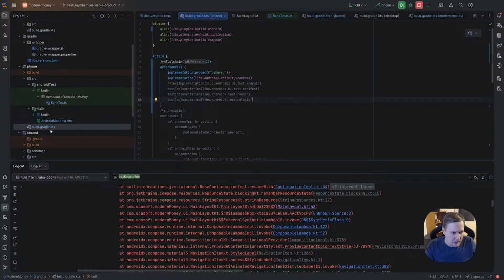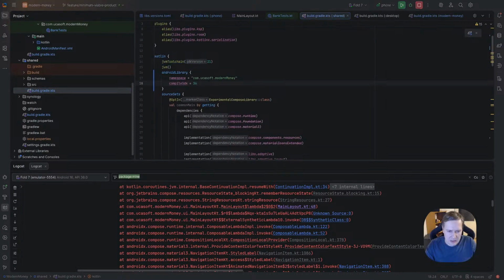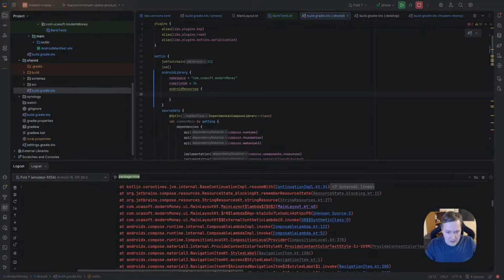But it tells us that we need to enable it in library. So if we go to shared here, we have to provide Android resources and enable equals true.